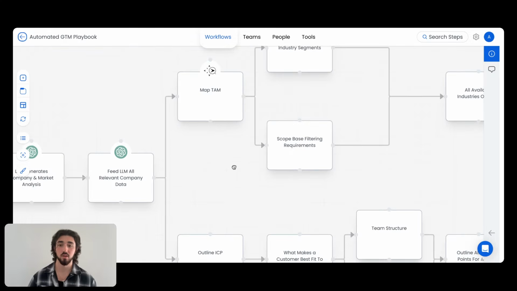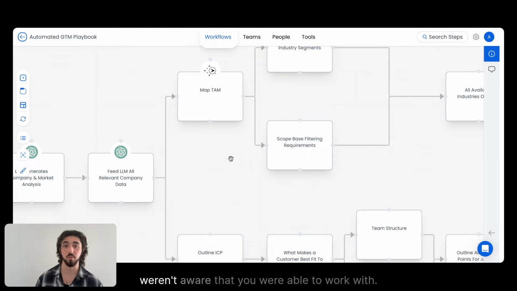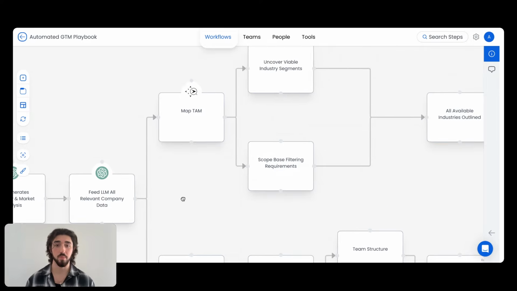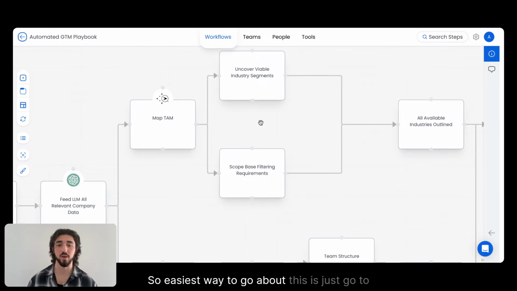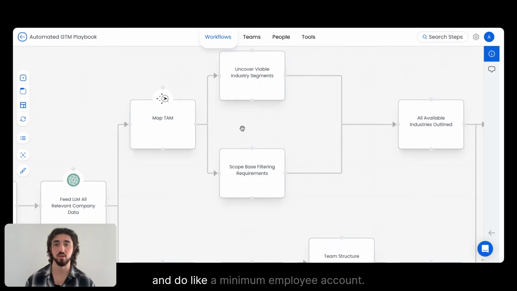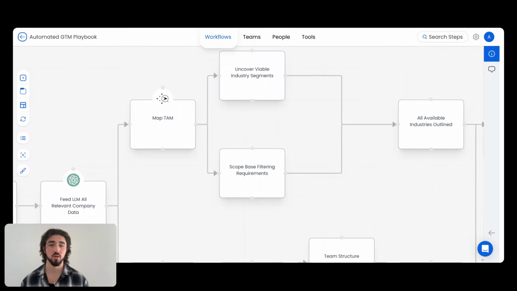AI typically, in some cases, will give you industries that you weren't aware that you were able to work with, right? So we want to uncover those. And then we want to just scope out the base filtering requirements. So easiest way to go about this is just go to Apollo and do like a minimum employee count. Type in like the keywords you want for the type of companies you want to reach out to. And you can get a general gauge from there on how many companies you have available for your total addressable